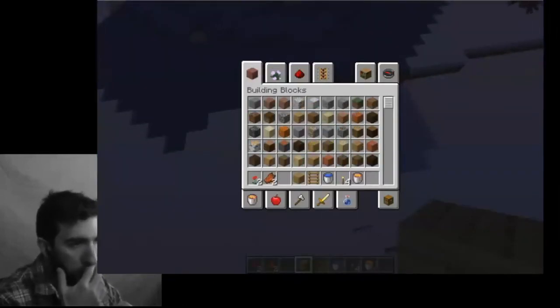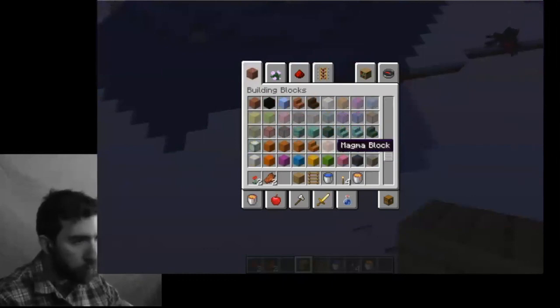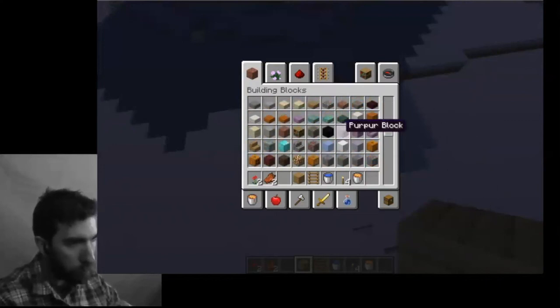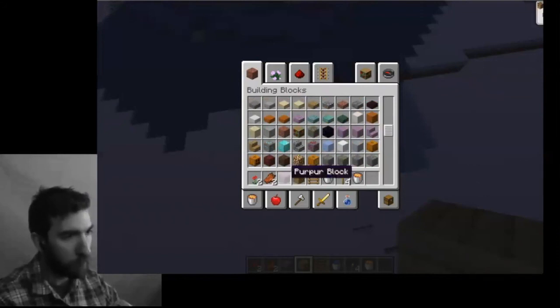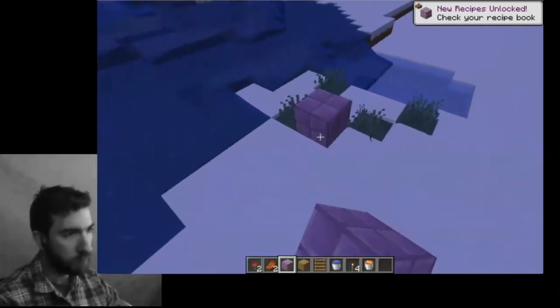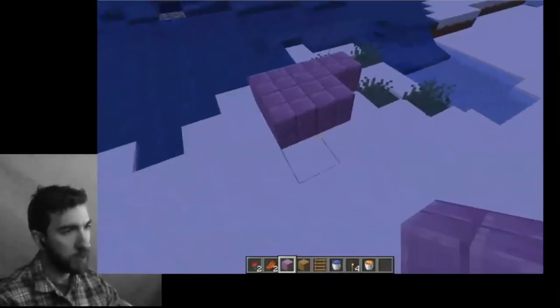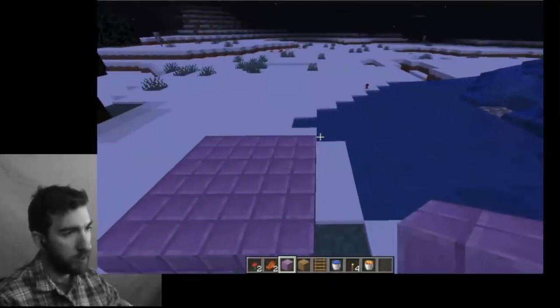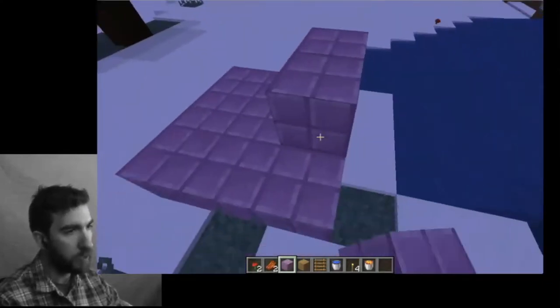I don't want to build with wood. I'm going to build a bridge. I would like it to be with something different. So let's build the bridge out of, we could do stone, we could do, ooh, what is this? A purpur block. Let's do it with this purpur block. I don't know what that is, but it looks interesting. I do like the color purple. So I'm just going to start to build here. I guess I can make it 3 blocks wide. And I'll build like the inner part of the